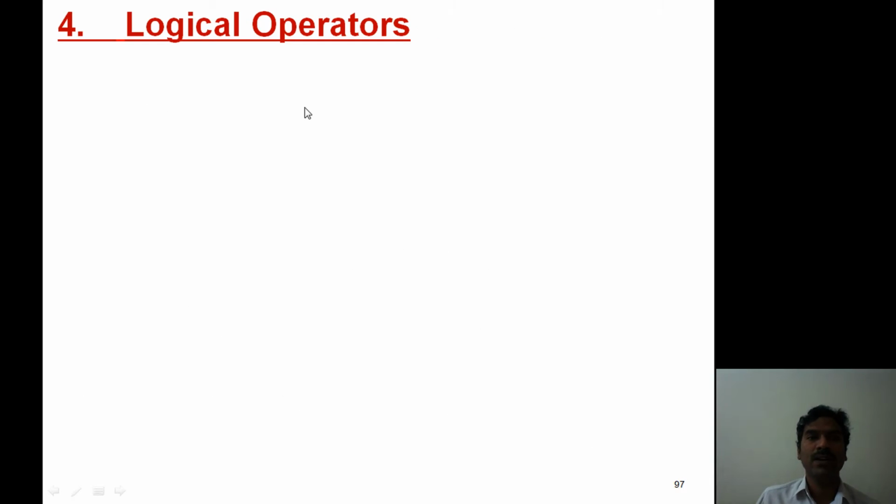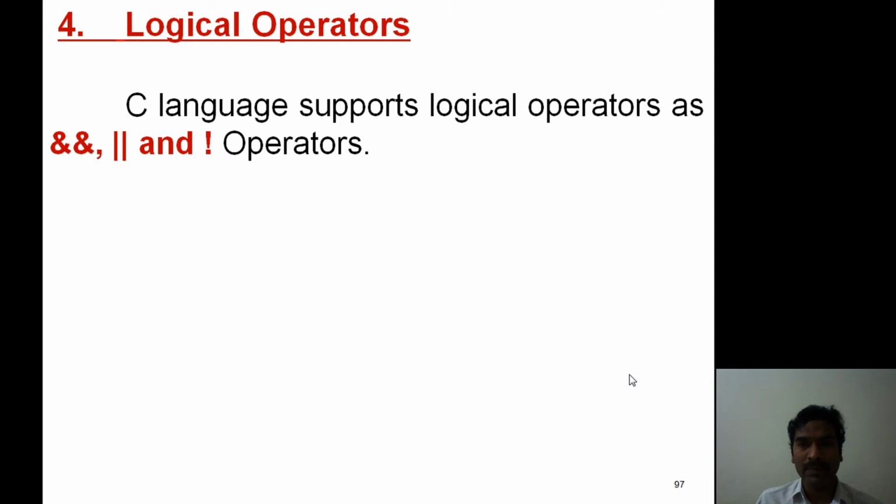Next one, logical operators. Now C language supports three logical operators such as logical AND, logical OR and logical NOT. These three operators are known as logical operators.